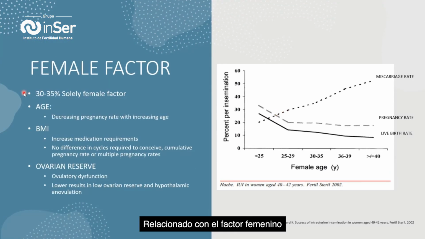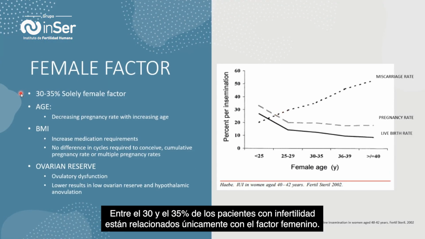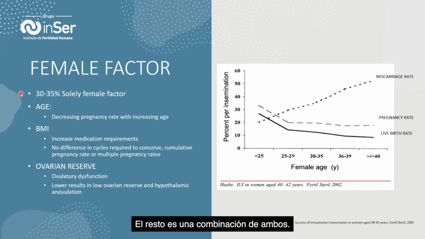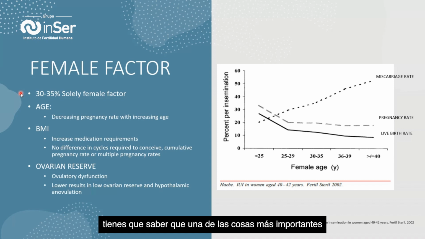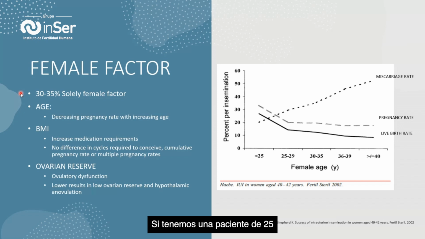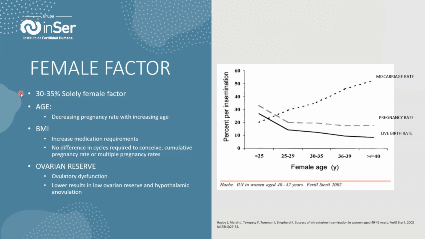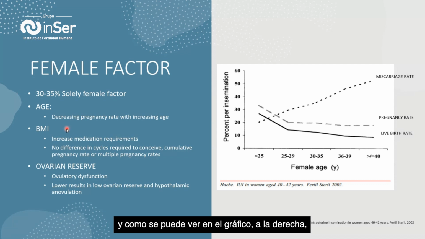Related to the female factor, 30 to 35% of patients with infertility are solely female factor. The rest is a combination of both. So in patients where you think that the factor of infertility might be female, one of the most important things that we need to know is the age of the patient. Because the result of the IUI will be completely different if we have a patient of 25, or 36, or 40 years of age. And as you can see on the graphic on the right side,